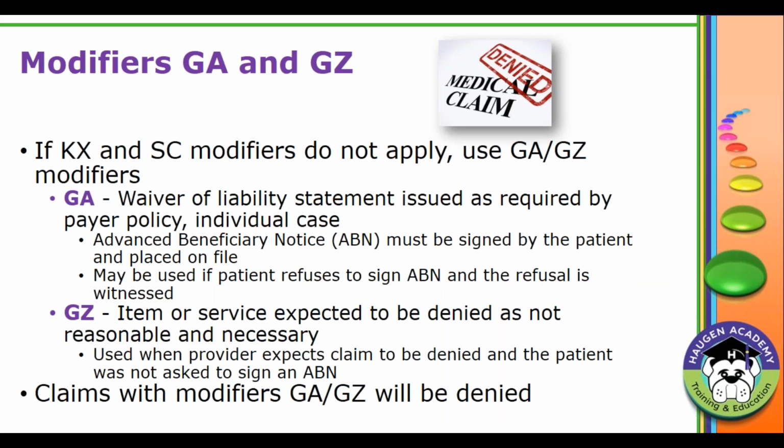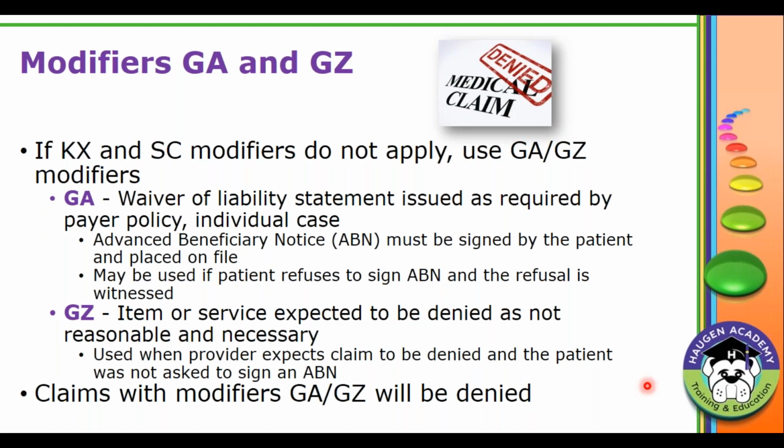For patients who don't meet the criteria, there is information in the local coverage articles about use of modifiers GA and GZ. GA is what we use when the patient signs an ABN, that's an advanced beneficiary notice. In layman's terms, it's a piece of paper the patient signs that says, yes, I realize that Medicare won't pay for this, I will be responsible for paying it, and oh well, basically. And this is something that is kind of tough to nail down in a facility. But GA modifier, if you got the ABN signed, GZ modifier, if you didn't get it signed,